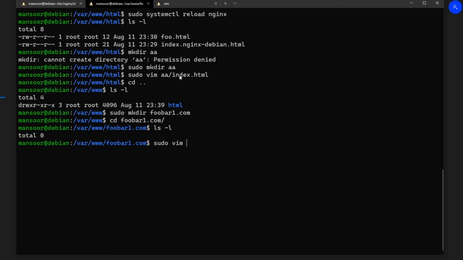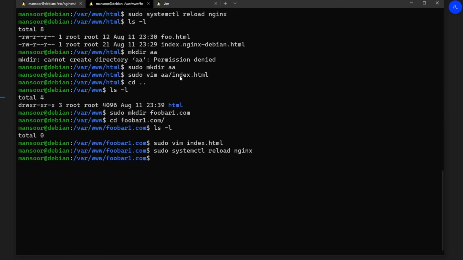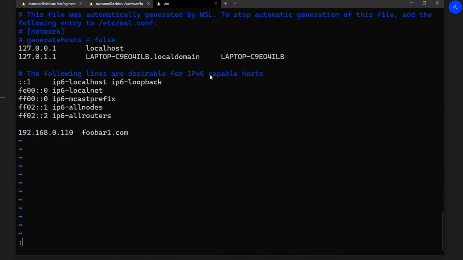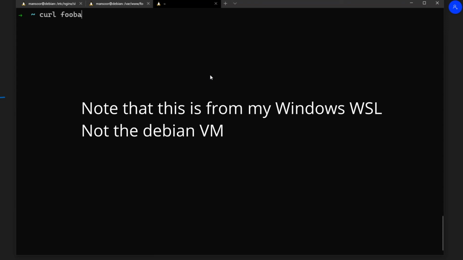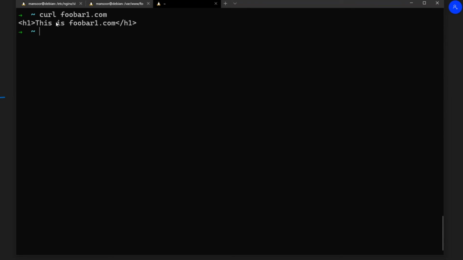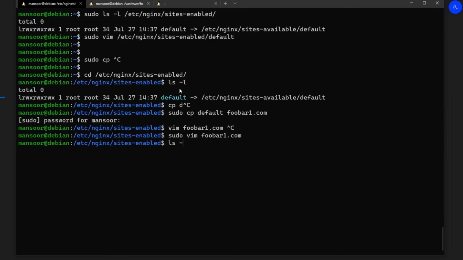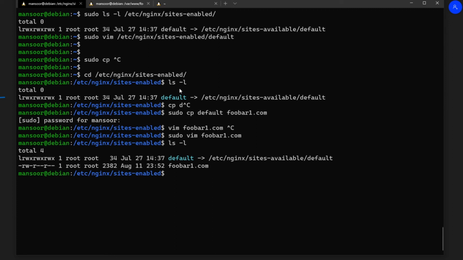And let me create a file for our website that says this is foobar1.com. Now if we reload Nginx and I do curl foobar1.com, you can see that our website is working. This is foobar1.com. Now similarly, if you want to create foobar2.com, you just copy the same